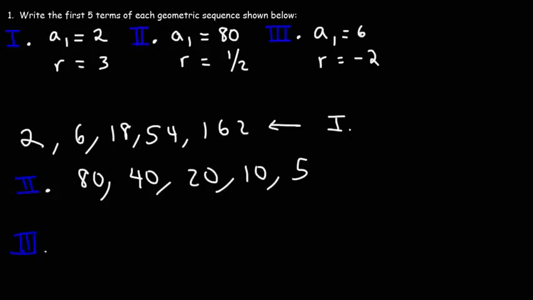Now let's move on to number 3. So the first term is 6. To find the next term, we need to multiply 6 by -2. So this is going to be -12. -12 times -2 is +24. And then it's just going to alternate. So whenever you see a geometric sequence with alternating signs,